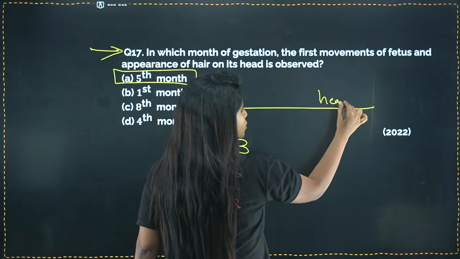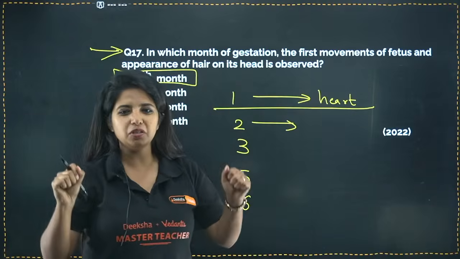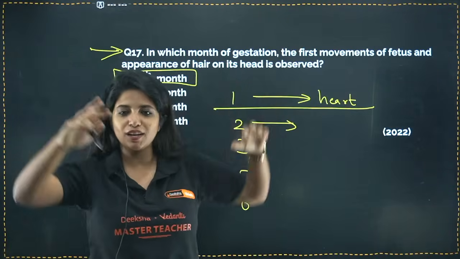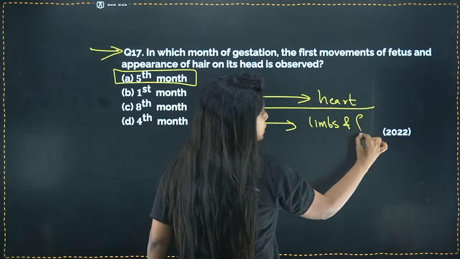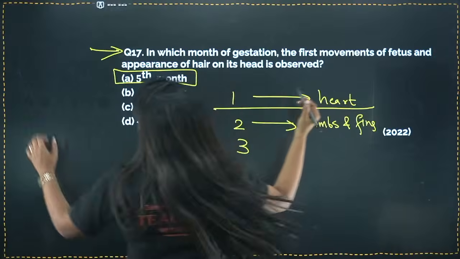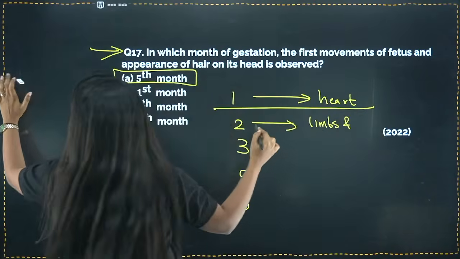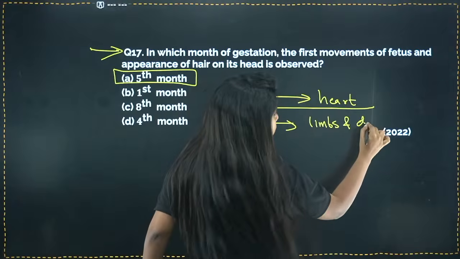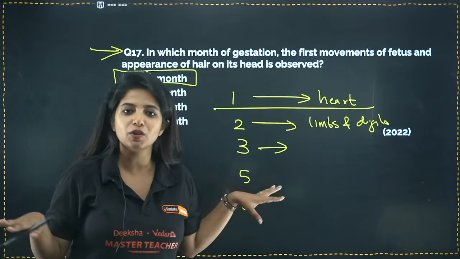So we say the heart is being formed by the end of the 1st month. In the 2nd month, the baby is like, let me just have some hands and fingers. So basically, you would be having limbs and digits. Not fingers, you call them digits. Then in the 3rd month, you have almost most of the organ system being